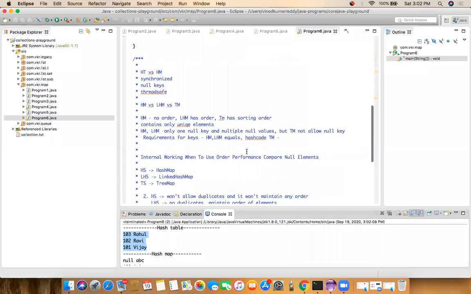Now let's see what is the difference between hash map, linked hash map, and tree map. We already saw it, but we can see one more time. In hash map, the entries added are not maintaining any order. This is unordered in case of hash map. In case of linked hash map, the entries added maintain one order. In which order we added, in the same order we can read also. Coming to the tree map, the entries are stored with all the keys in sorting order. It's maintaining sorting order.